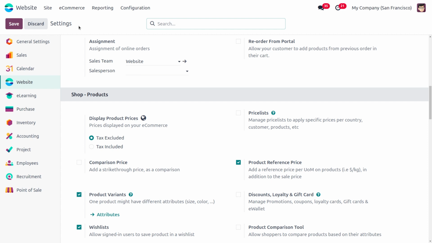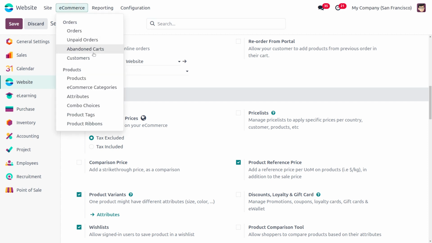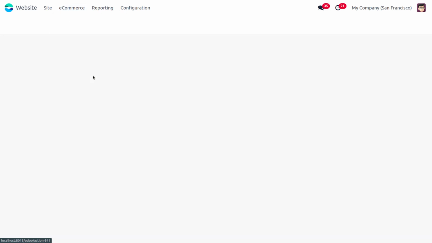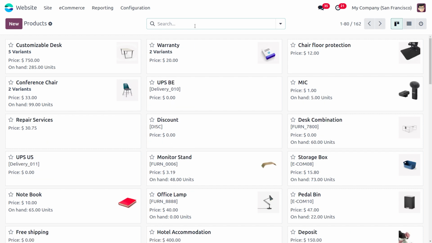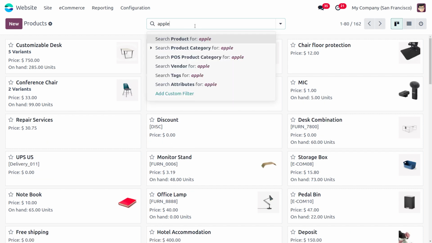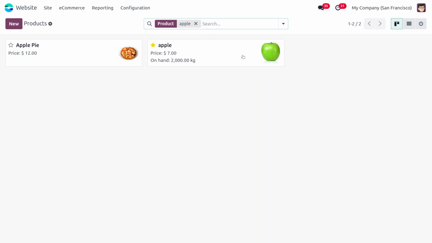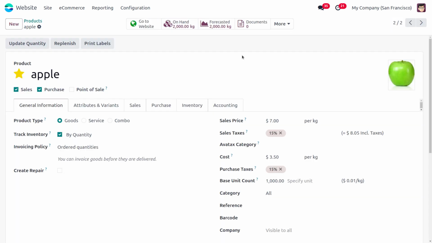Once this is done, let's move on to a product. For managing a product, you can move on to the e-commerce and go to the products over here. I'm going to consider the product Apple. Let's search for the product Apple, and here you would be able to find that the sales price of the product is given as $7 per kg. And the cost is